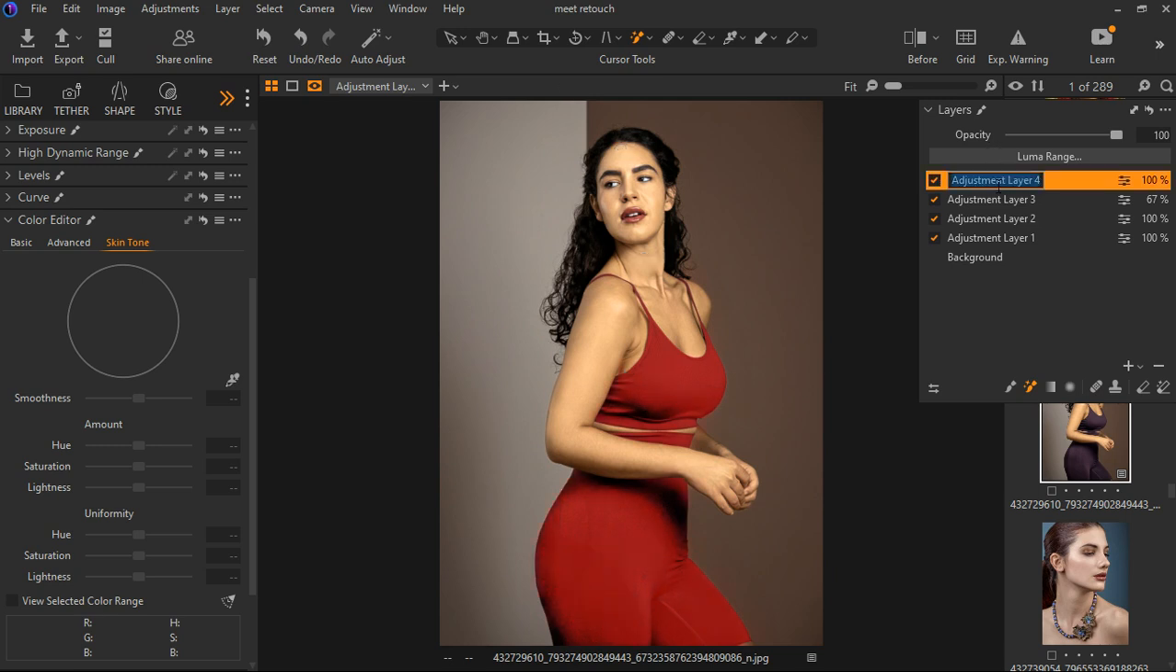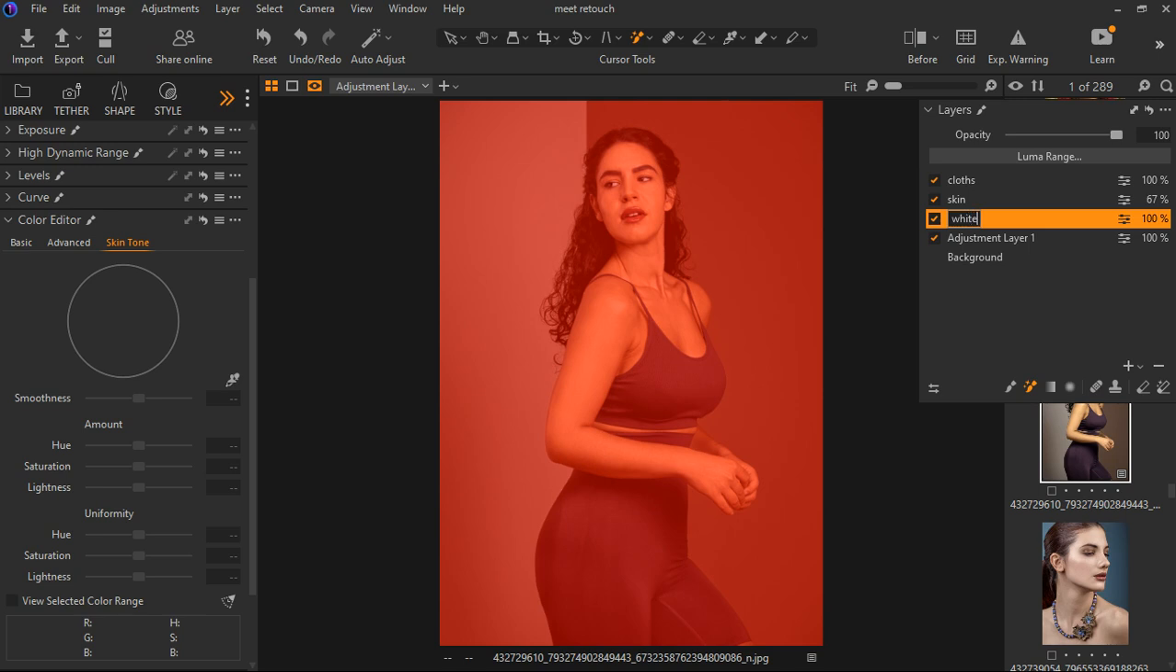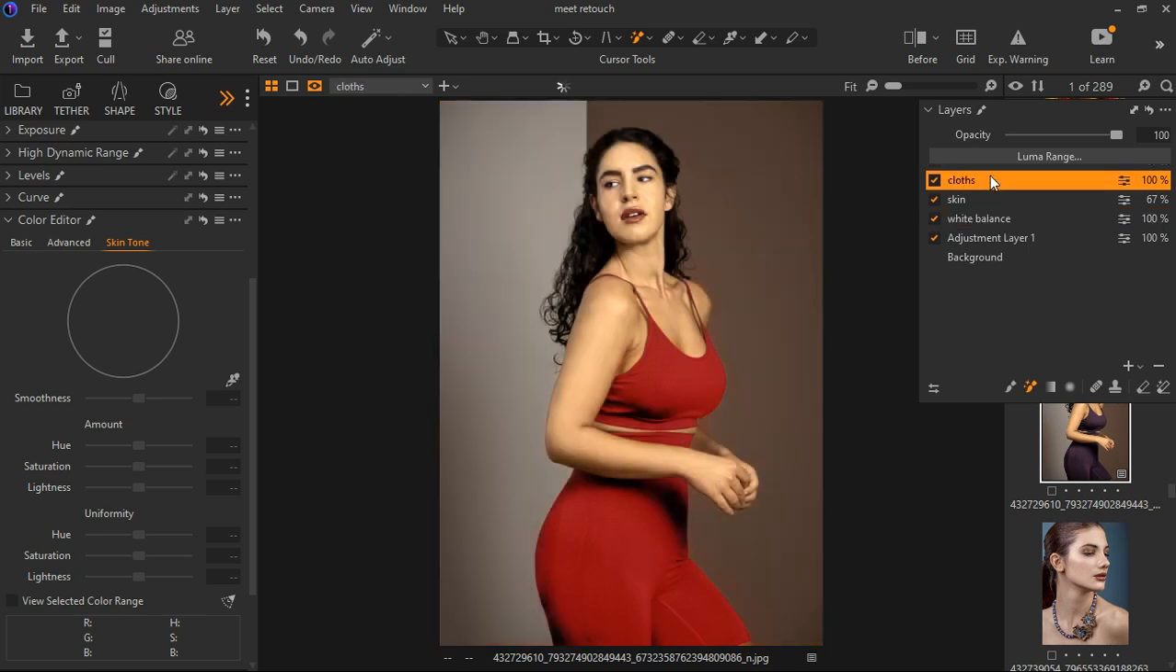Okay, so I'm going to name this cloth, CLOTH. Hit enter. This is skin, right? SKIN. And this is white balance, WHITEBALANCE. So let's start with the clothes, and now I'm gonna hit M, grab these two and select